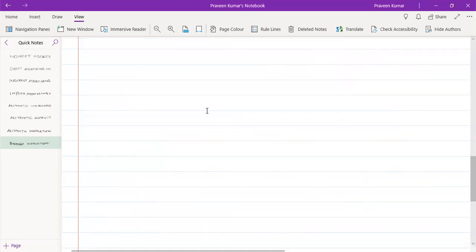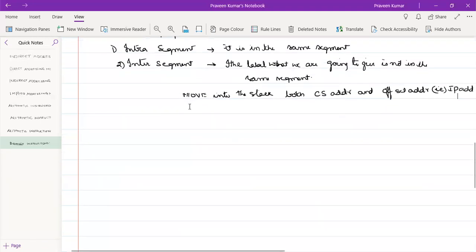So both the things have to be put into the stack. These can be called near segments, that is intra, or far segments, that is inter. So they are near segments and far segments.